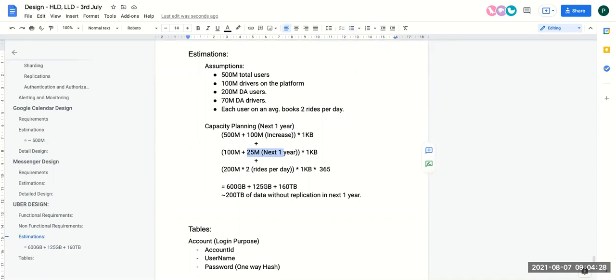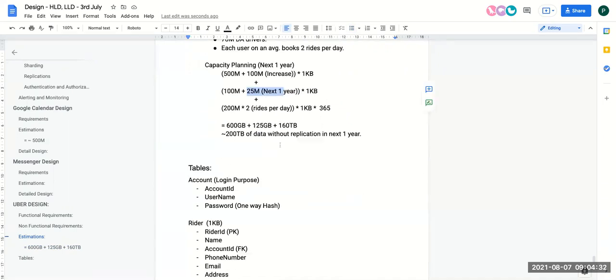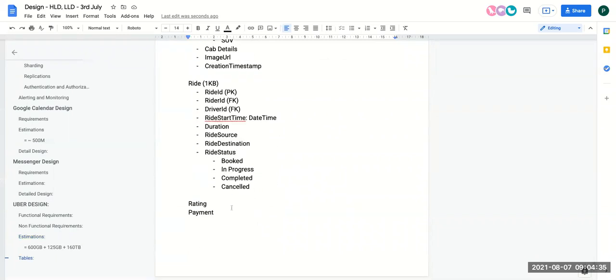Okay, cool. So let's move on to the next part. So we are done with the capacity planning. Quickly, let's write down the tables of the ratings as well.